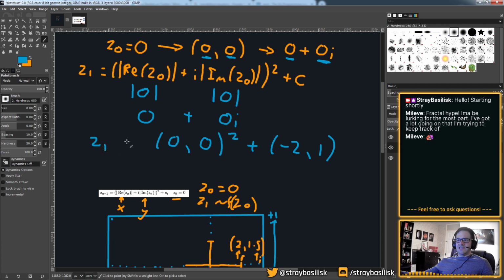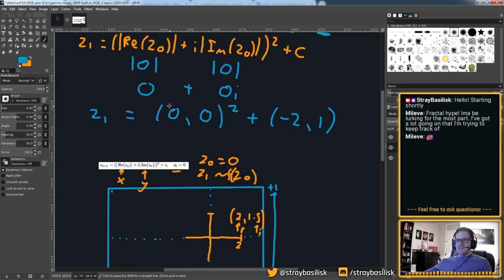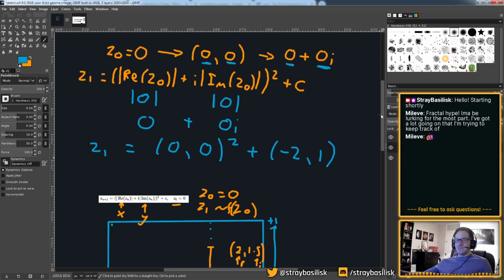So Z1 is equal to this thing which we worked out based on the previous number plus some other thing. Actually, this is going to resolve down to 0, so Z1 is just going to be -2, 1,